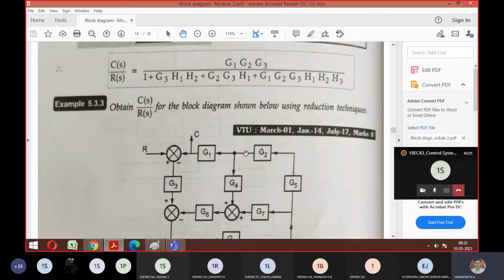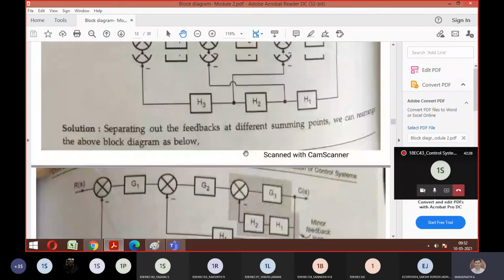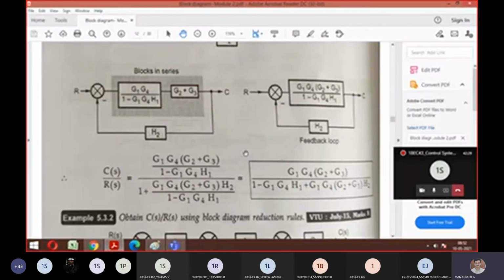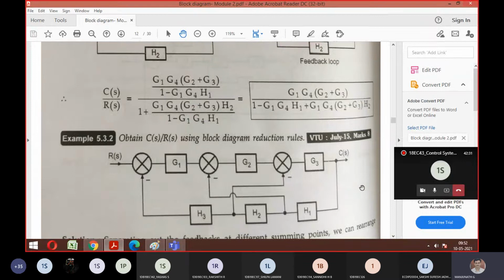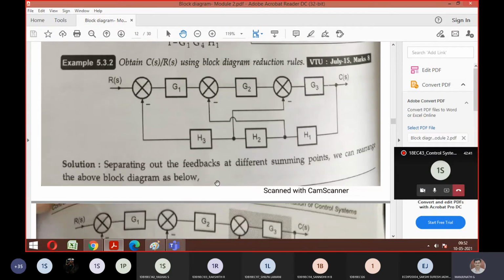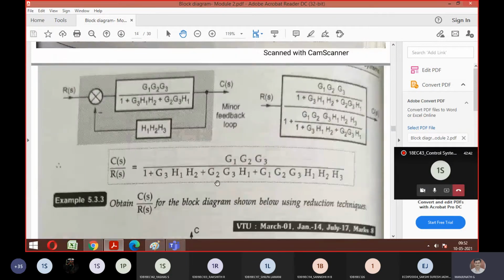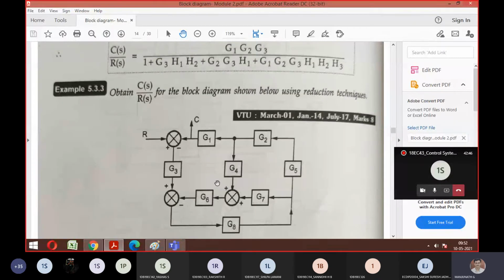Did you get what I'm asking? Till now you solved the problem in this manner, right? It was like this, R of S and C of S. In this problem, everything is jumbled, and they are trying to tell that C of S is near your R of S. If I want to write it in this way, what is the procedure I'm asking? That is what this problem looks like. You got the question I'm asking everyone? Yeah, so what is a way I can make this C come somewhere here? What can be done? Just think.